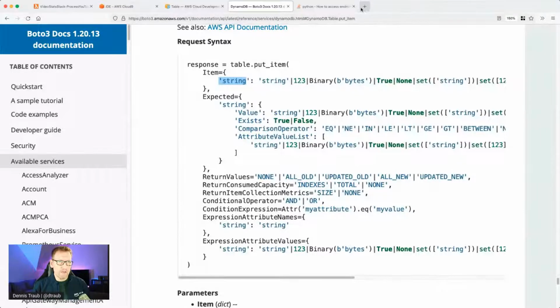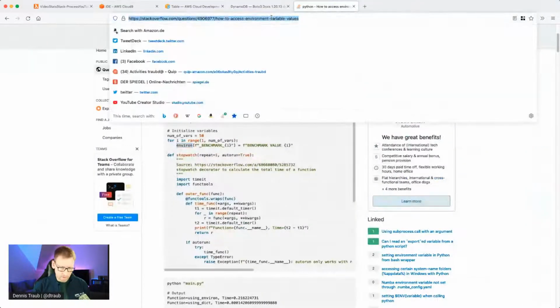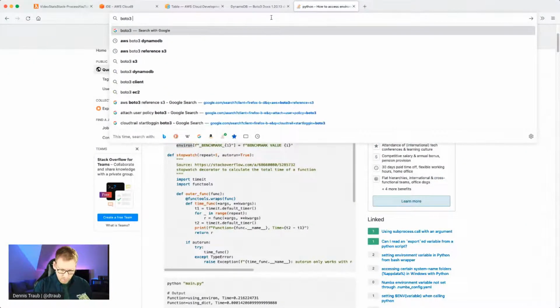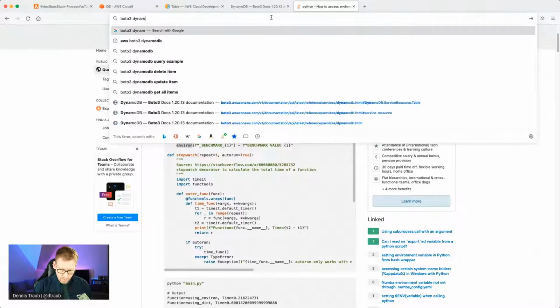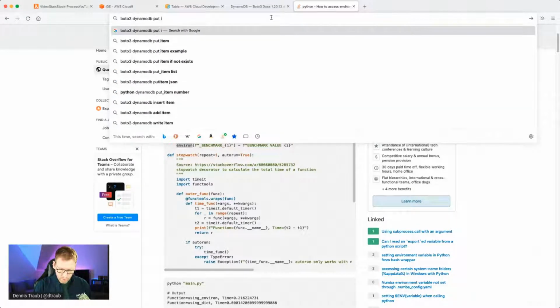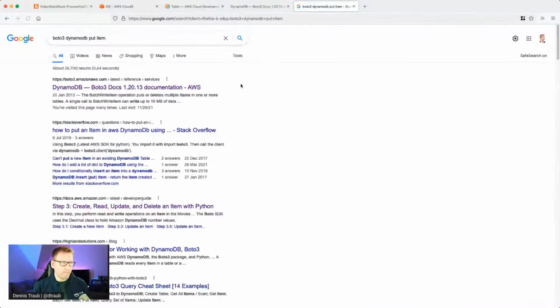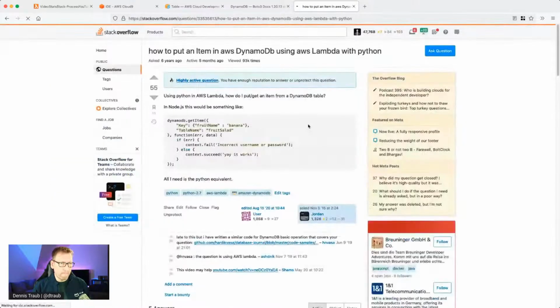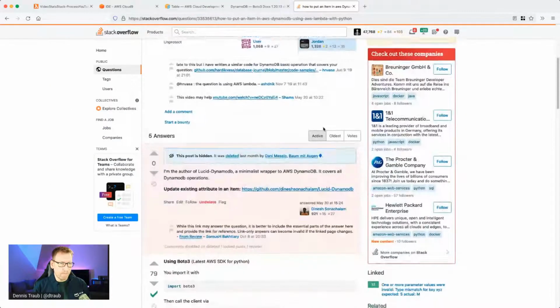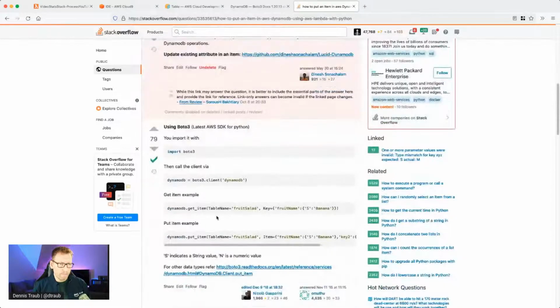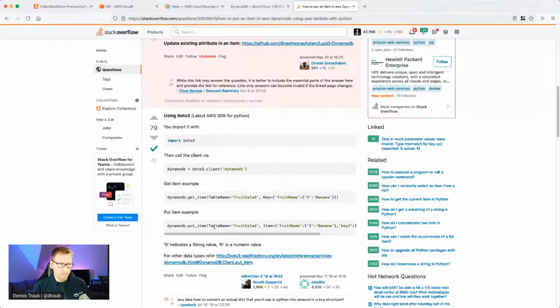The documentation isn't very good, so let me look it up here. Boto3 DynamoDB put item. Here we go. Yeah, we need the table name. No, we also already have the table name. And then we simply say, all